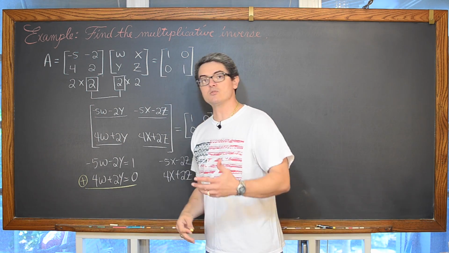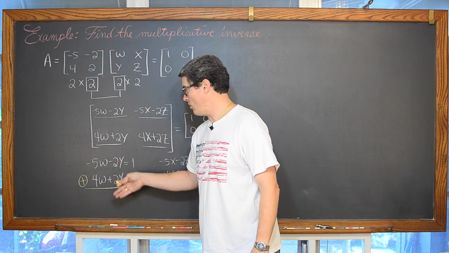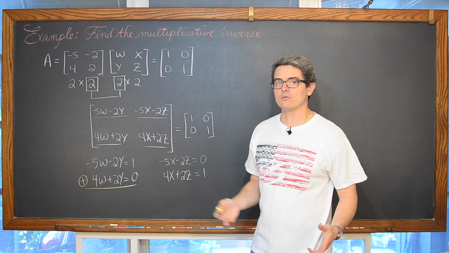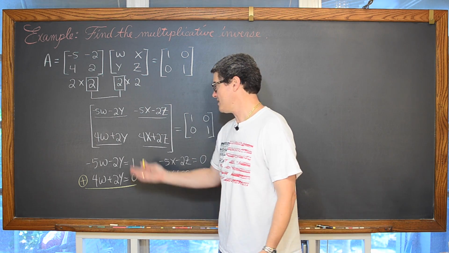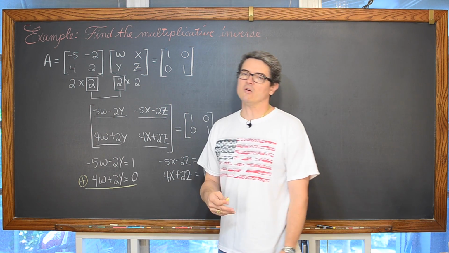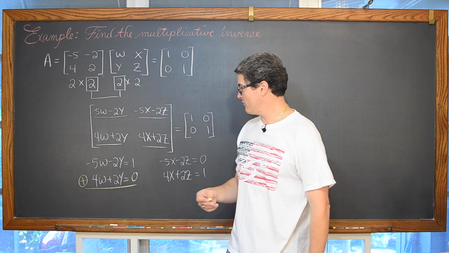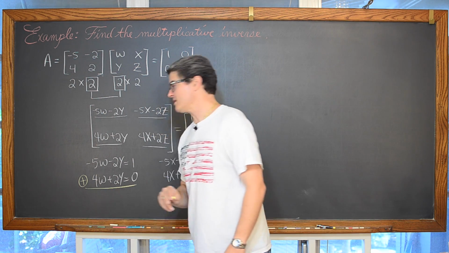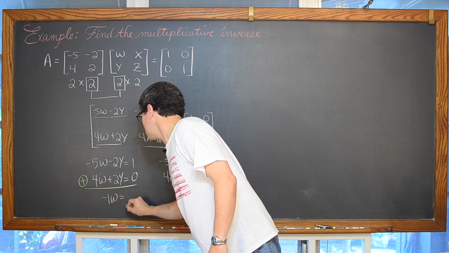Because instead of substitution, well, substitution would be horrible here because we don't have any coefficients of 1, and that would make fractions that we might have to carry through the whole rest of the solving of the systems process. Plus, we have coefficients which are already negative. So when we add those, we're going to get 0, effectively canceling out the variable of y. So we have negative 5 plus 4, which is negative 1w is equal to 1.